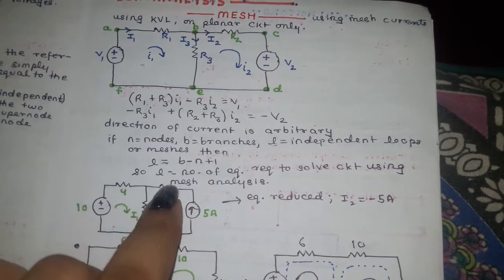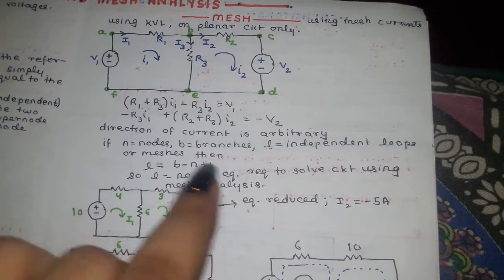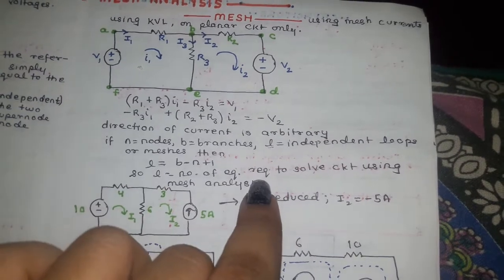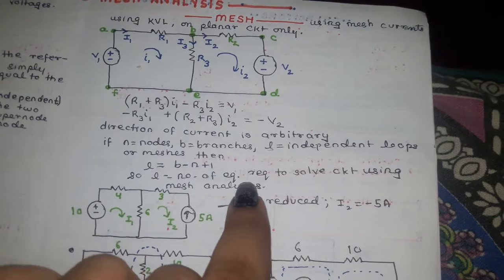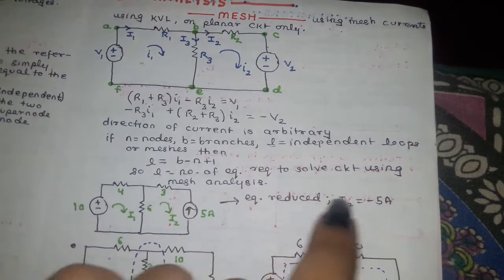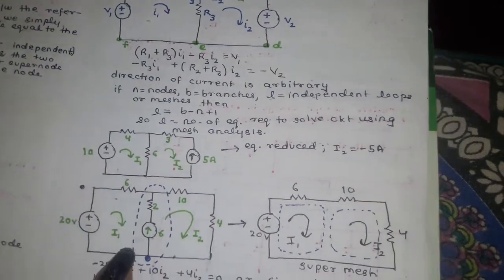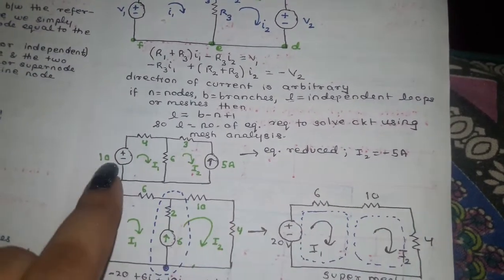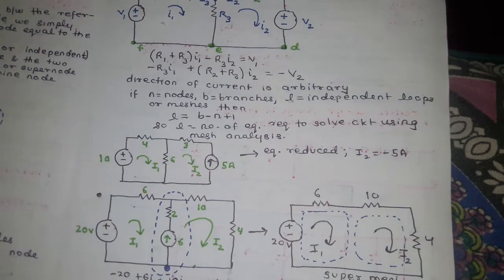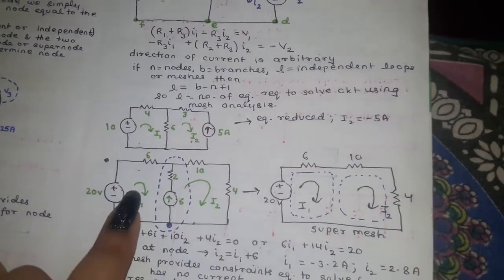L is the number of independent loops, and it is also the number of equations required to solve a circuit using mesh analysis. Now we have the number of equations reduced, because